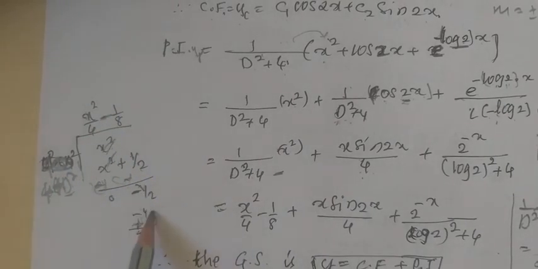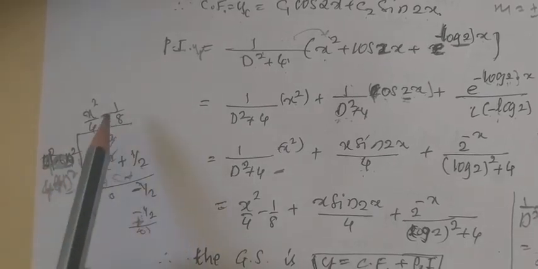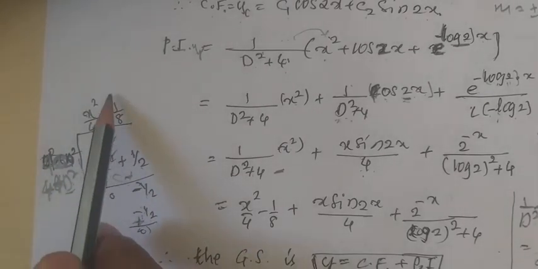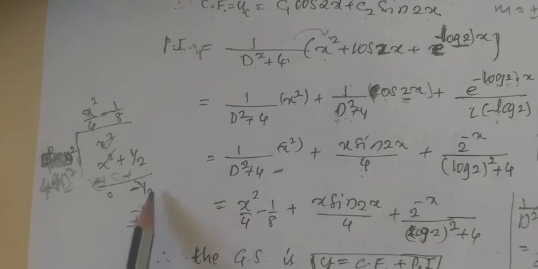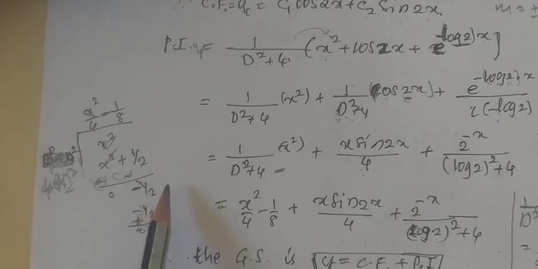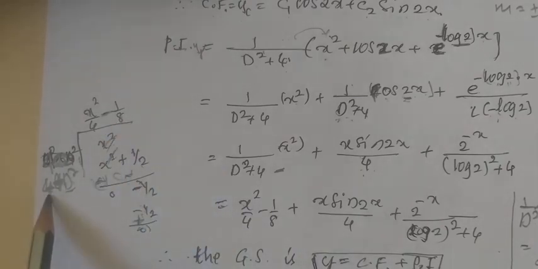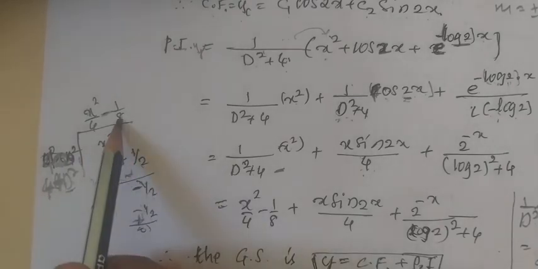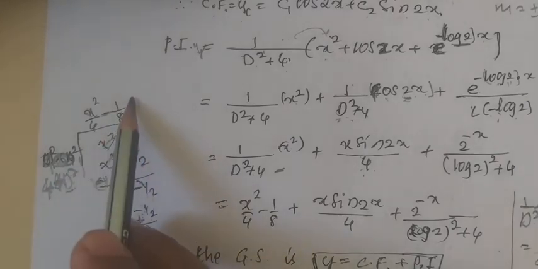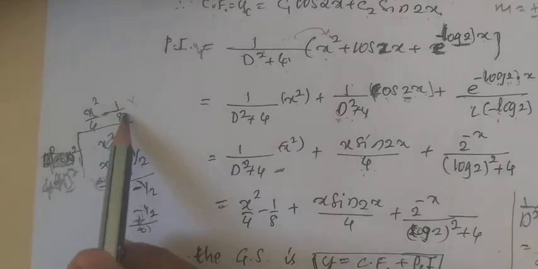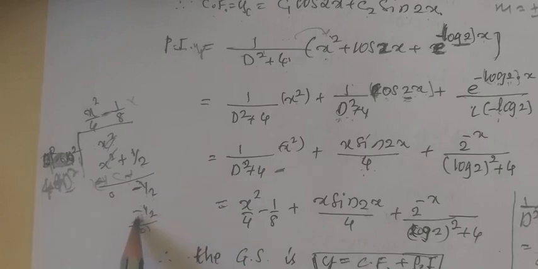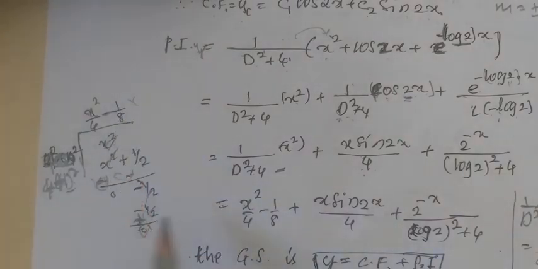Now I have to get 1 by 2 here. So what you have to do, in the numerator you have 1, you write 1 as it is, in the denominator you want 2. So if you are feeling difficulty, to get the correct answer, multiply this and this and write it here, that is 4 into 2, 8. Okay, so if you multiply this, 4 ones are 4, you will get minus 1 by 2. So after subtraction of 1 by 2 it becomes plus 1 by 2, so these two get cancelled, you will get 0.